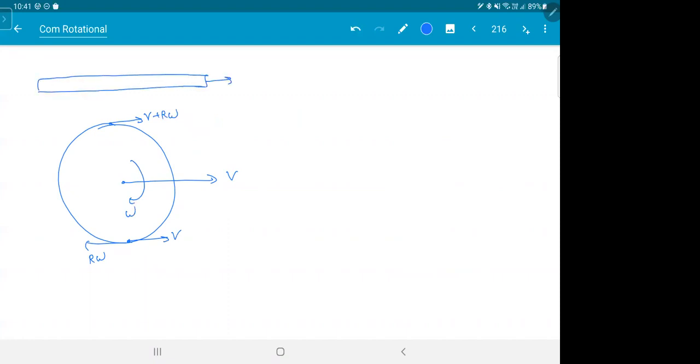The cylinder is there. Let's say cylinder is going with V. How do you know it is going this way? I don't know, so you just take any direction you want. This point is going with V minus r omega. This point is going with V plus r omega. On the top, you have a plank, so this is going with Vp. At the bottom, you have the ground, which is at rest. Since there is no slipping, this is the point. Now, if there is no slipping, the points of contact's speed should be the same. So Vp is V plus r omega. This point and this point speed should be the same. V minus r omega is V ground. That is the meaning of no slipping.